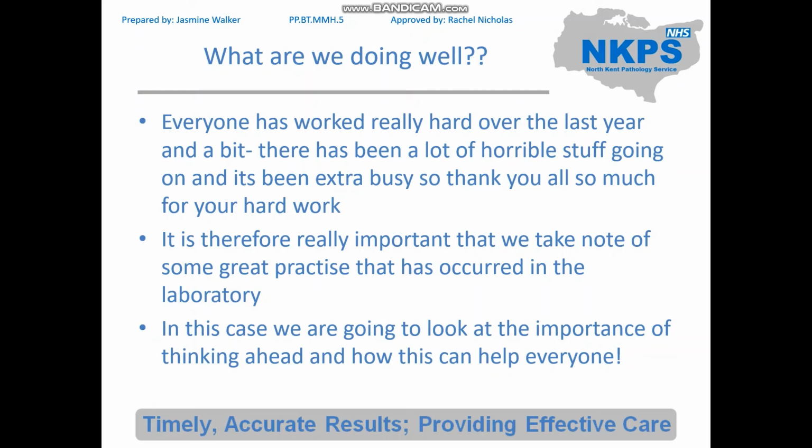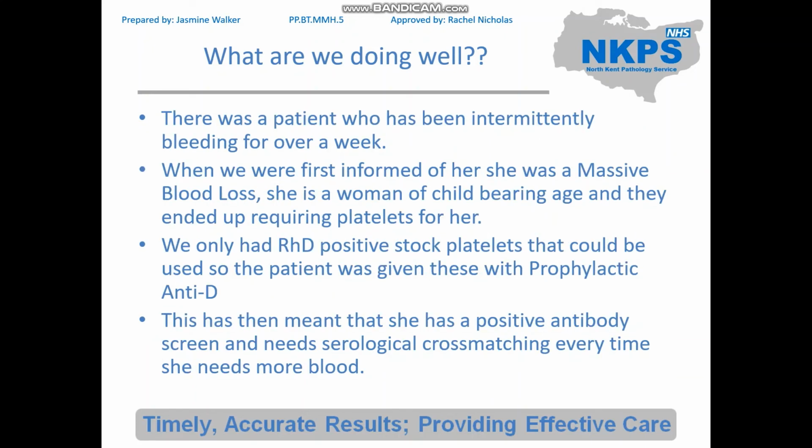I want to have a look at a particular case, and it's about thinking ahead and how this can help everyone. We had a patient who had been bleeding intermittently for over a week. She first started bleeding when she had a massive blood loss, which made its way to stage 2, or a major hemorrhage, which meant that she required platelets. Now, she was a woman of childbearing age, and on this site we only keep A positive units, which meant that we had to give prophylactic anti-D to allow her to have those units,